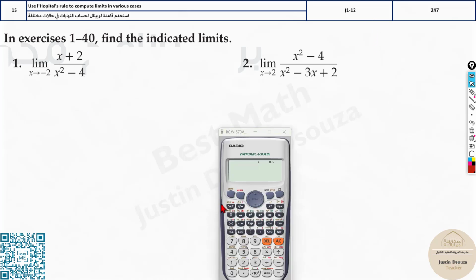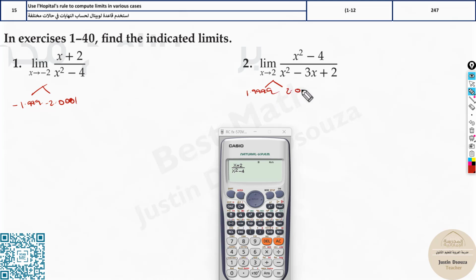All you need to do is type this given equation as it is in the calculator, that is the limit: x plus 2 divided by x squared minus 4. Now when the limit is minus 2, let me write it out over here. You need to take two values which are very close to negative 2. It can be minus 1.999 and minus 2.0001. Now negative 2.001 is the lesser value, so I'd write it before, and then the greater value is minus 1.99. Whereas over here for 2 it is